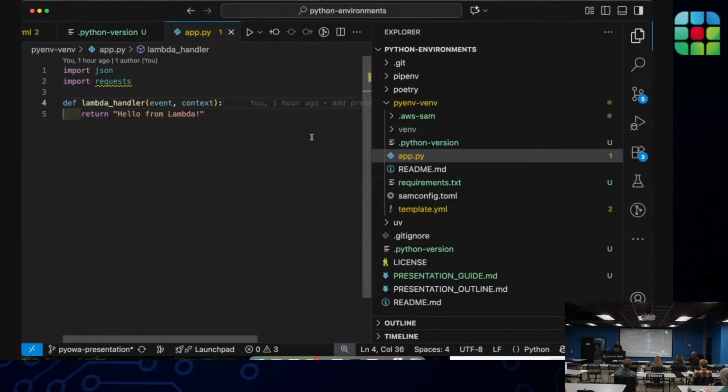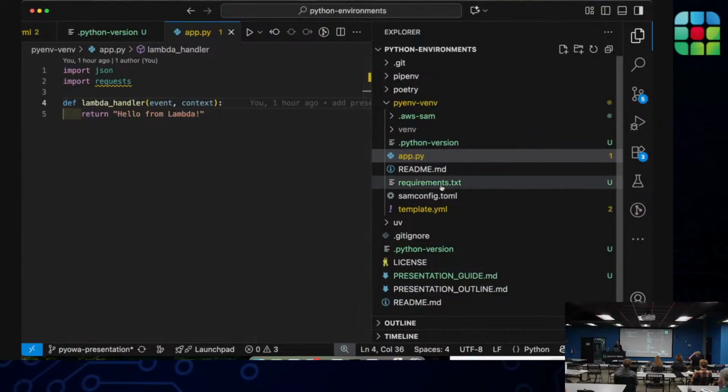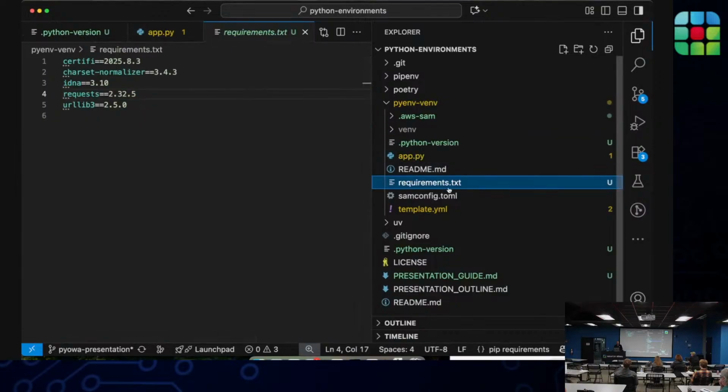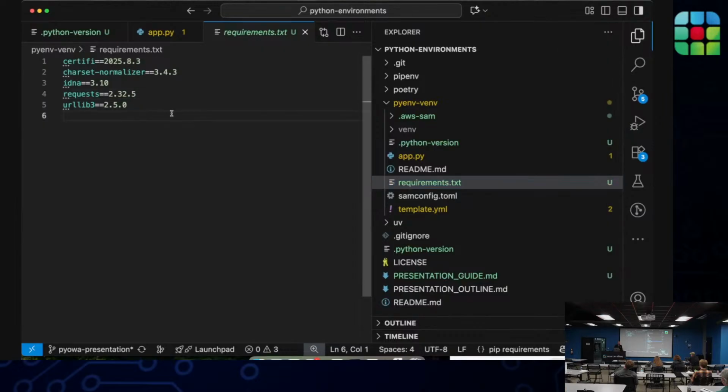So this is handy in my mind because we were able to define our dependencies in a requirements.txt file, and then have that fit into our application in a natural way where we're building and deploying something, in this case a Lambda function, and it's just picking it up. So as we add more requirements, we can add them in the text file, we can do a pip install and then run pip freeze again and update the requirements file, but we can kind of keep everything in sync and make it clear what dependencies specifically are needed for the application.